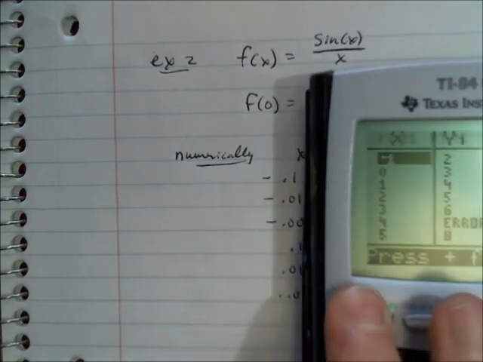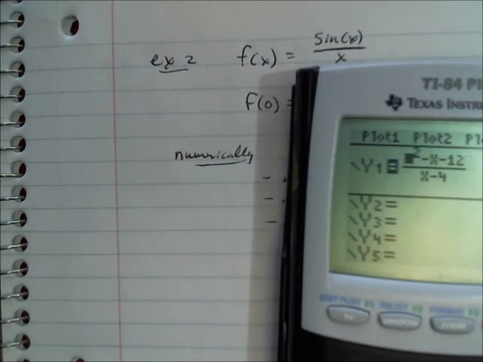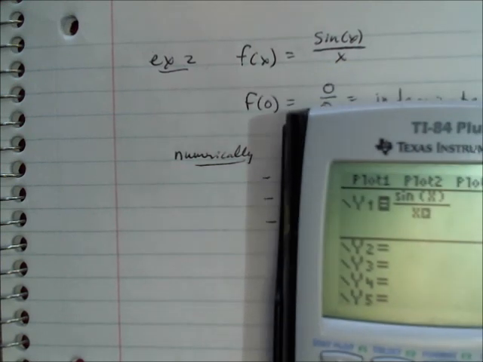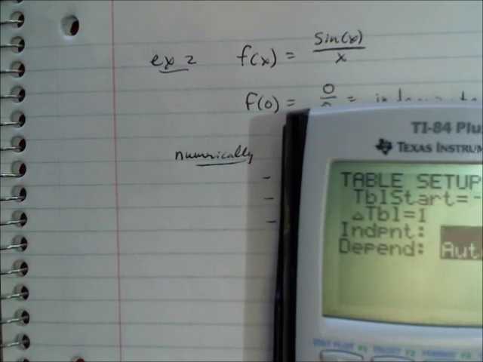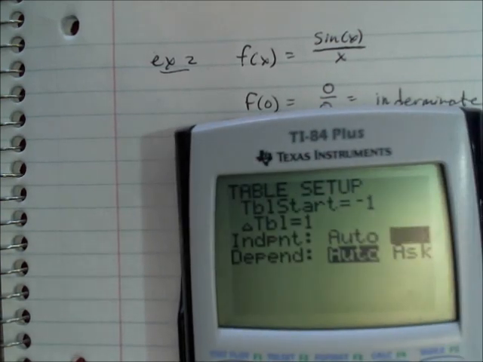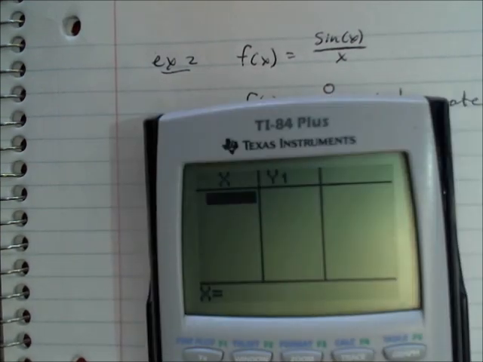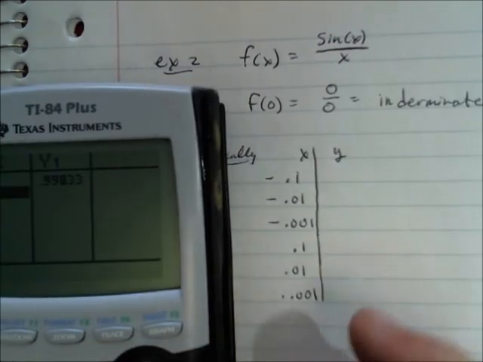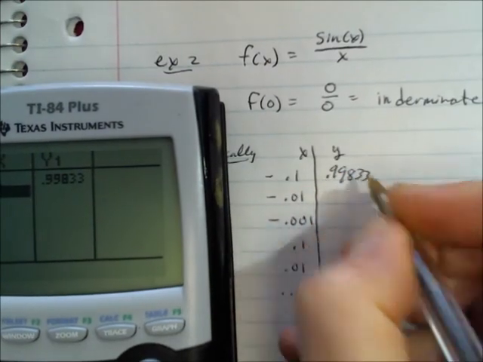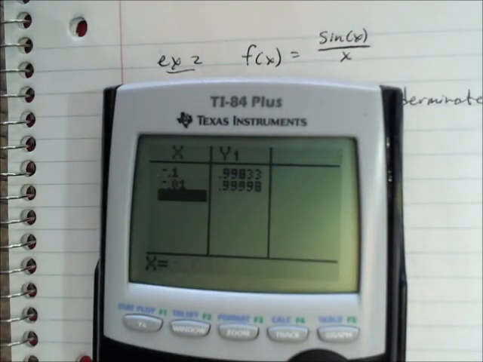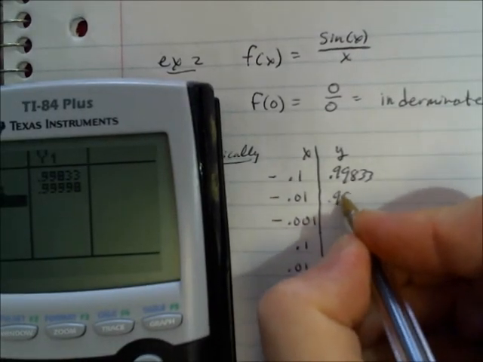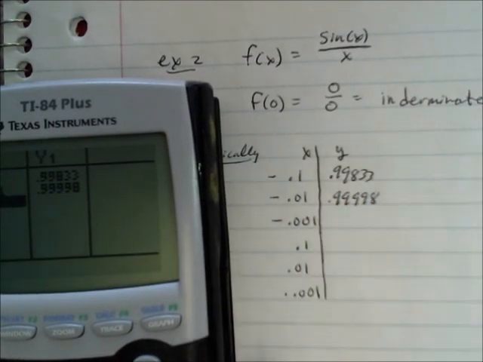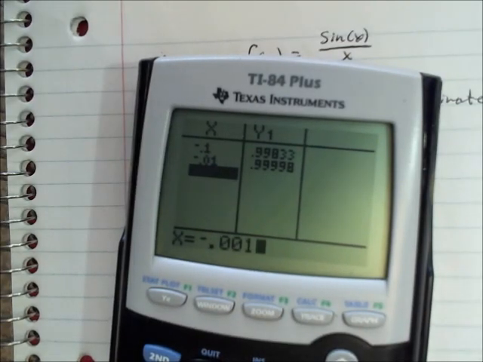So let's see what this function looks like. We'll put y equals the sine of x divided by just plain old x. And we're going to go back to table set and do ask again. The values I want are negative 0.1. Looks like y is 0.99833. Negative 0.01, it looks like it's 0.99998, and negative 0.001